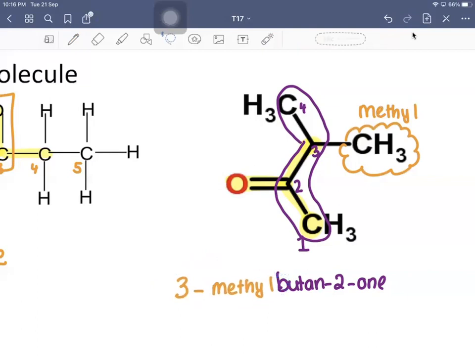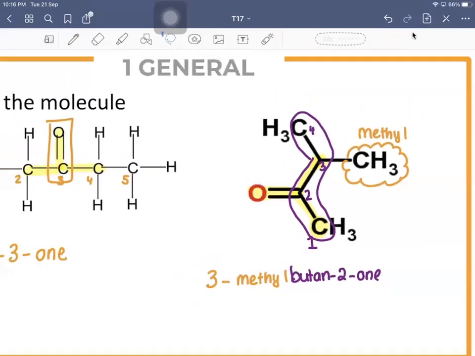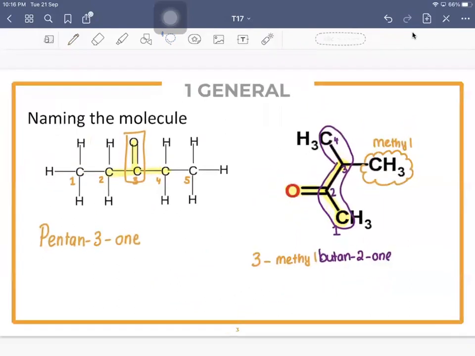So I'll put them closer. Okay. So be careful with naming ketones or aldehydes with a side chain. In this case, your methyl is your side chain. Okay, moving on